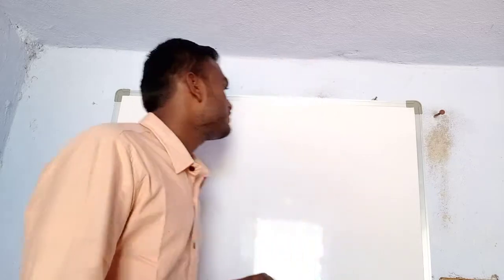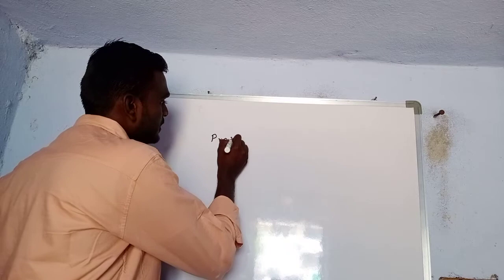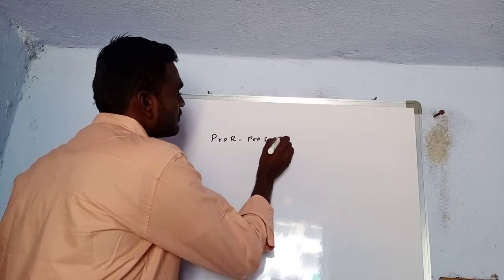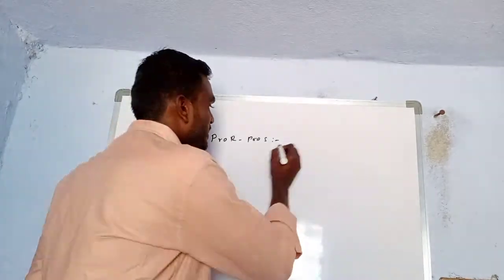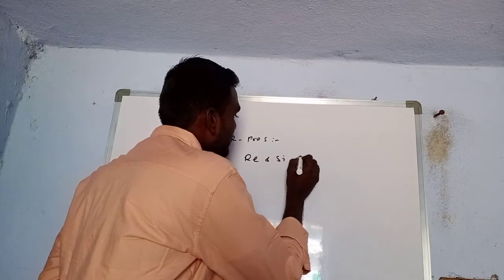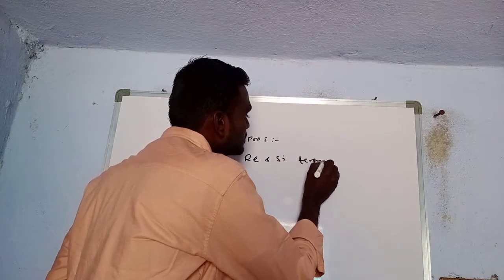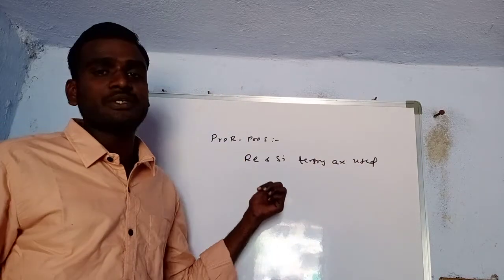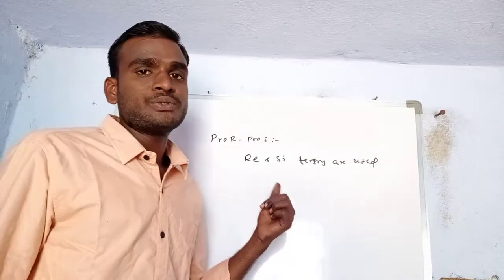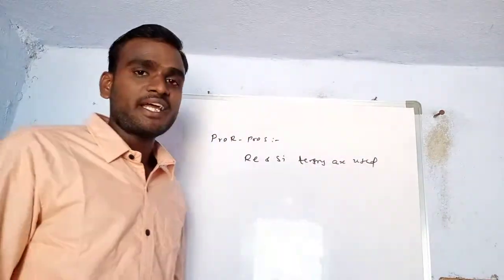All of you, and yesterday we were discussing what is pro-R and pro-S. For pro-R and pro-S, which means prochiral molecules, we can use the terms Re and Si. First, we need to know what Re and Si faces are.